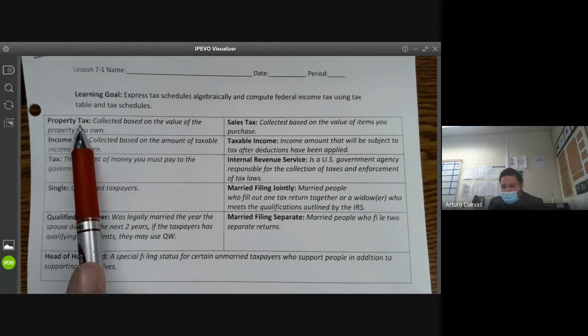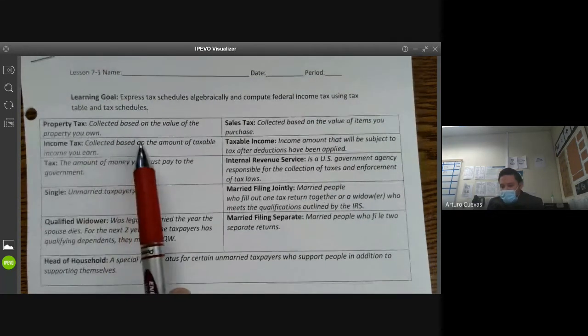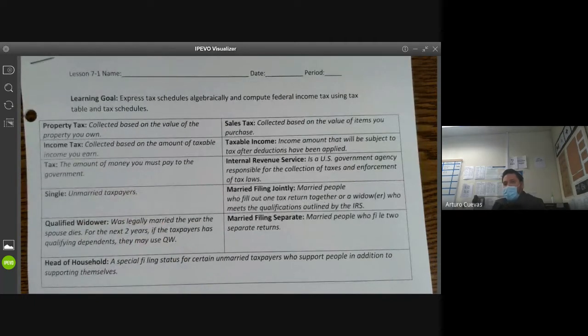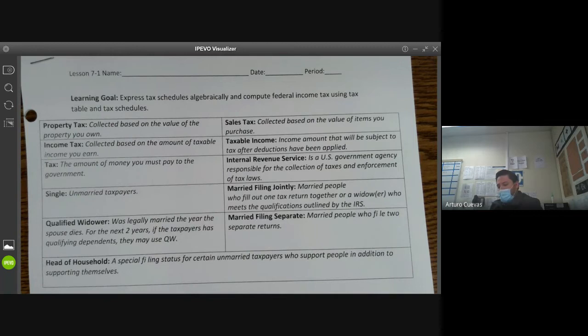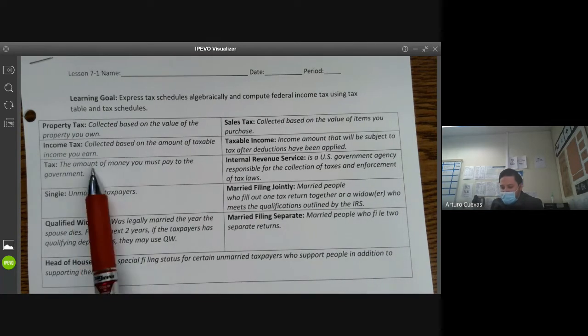All right, so property taxes are collected based on the value of the property you own. If I have a house at the Gates, that means I'm rich, right? Is that where you live, Ben? Do you live at the Gates, Eastlake? You have a house there and another house somewhere else? Those houses are like millions of dollars, right? And the taxes that they pay are higher than the taxes that someone that lives in a condo pays. So based on the value of the property, the more money that your property is worth, the more you pay.